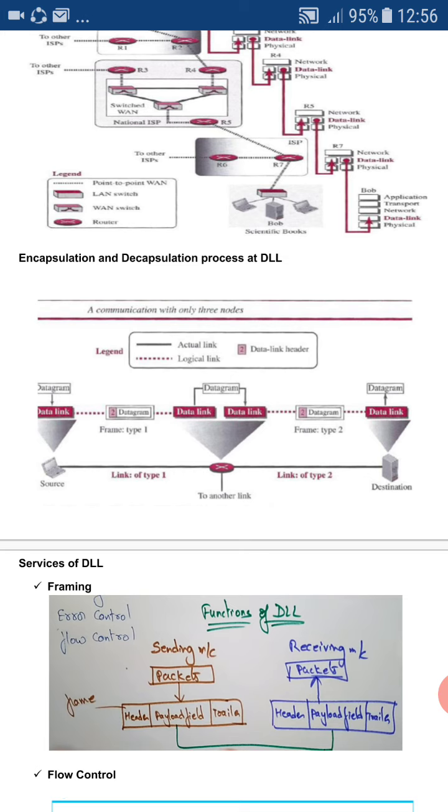Now, before the diagram, let us understand the concept using some example or scenario. Let us assume there is a person A who is living in one city and wants to communicate with his friend B who is staying in another city. Now there are two cities. In one city A is staying and in another city B is staying, and both these persons want to communicate. Now we'll see the procedure of how the communication happens.